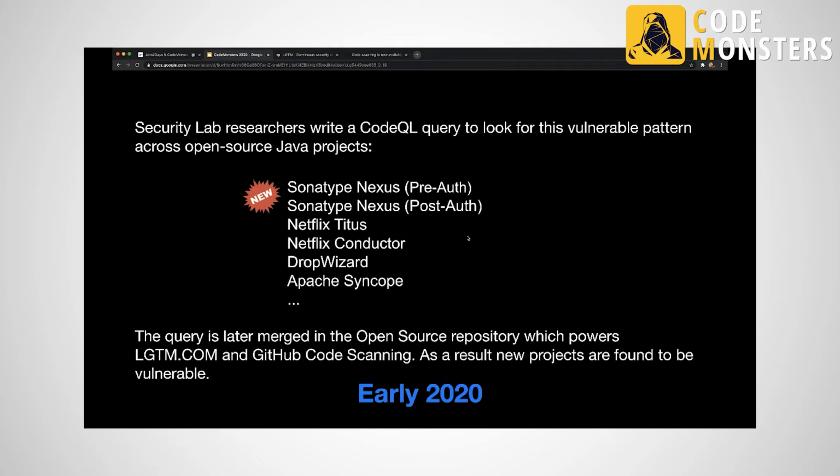We didn't just find vulnerabilities in Nexus, but we ran it across multiple open source projects on GitHub, and we found many of them to be vulnerable to this same insecure bean validation vulnerability, including things like Dropwizard or some container orchestrators like Netflix Titus or Netflix Conductor. Later, I merged this query into an open source repository where you can check all the queries that exist and also run them against your code bases. And this open source repository, which is